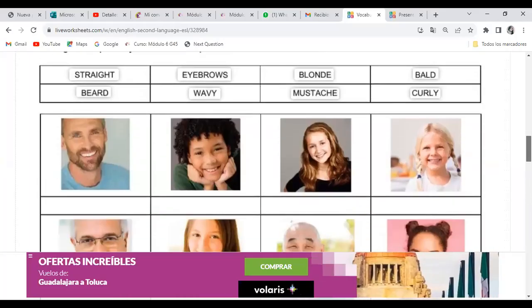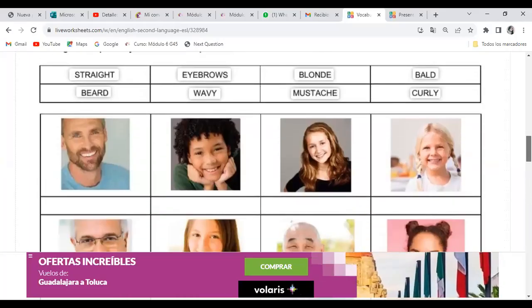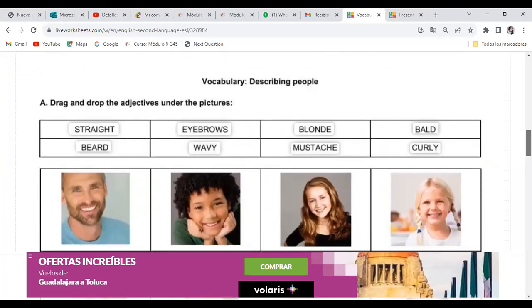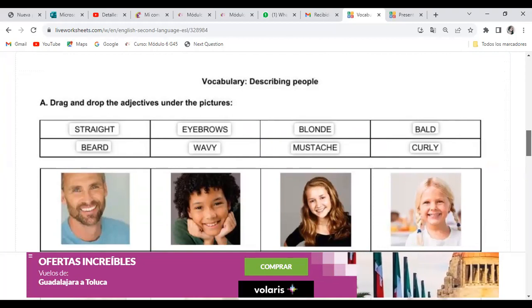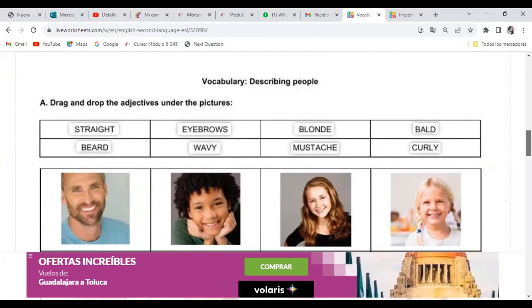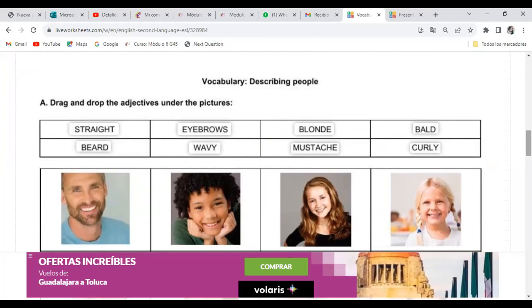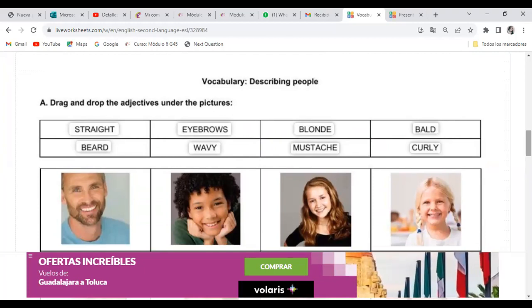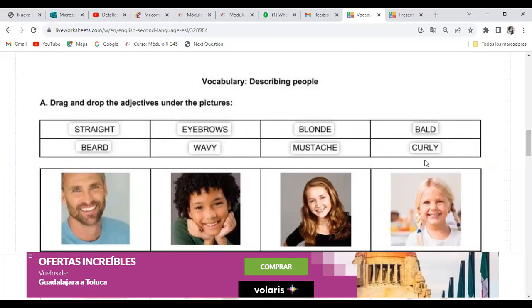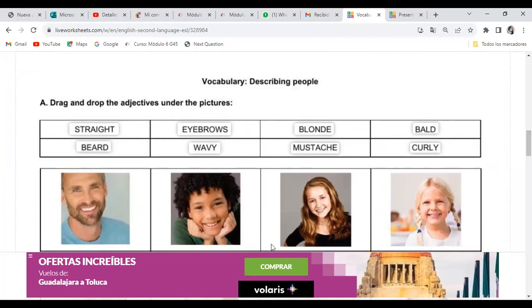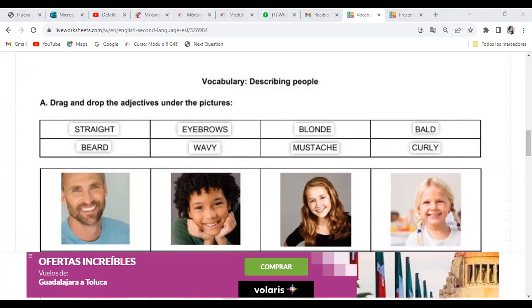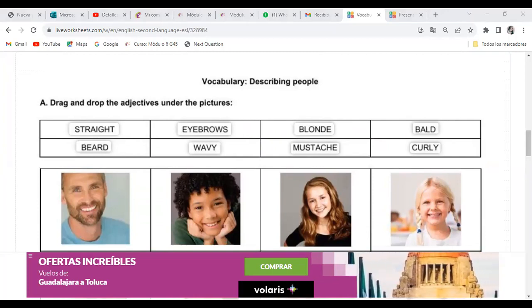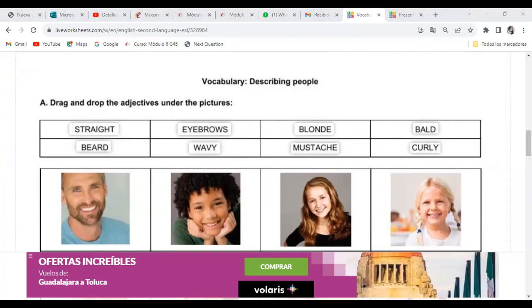Remember that since the very beginning of this module, you learn vocabulary to describe a person in terms of physical appearance. And the question that we use in order to ask for a description of a person in terms of physical appearance is, what do you look like? Do you remember that question, guys? What do you look like? I'm going to write it down in the chat box. What do you look like?